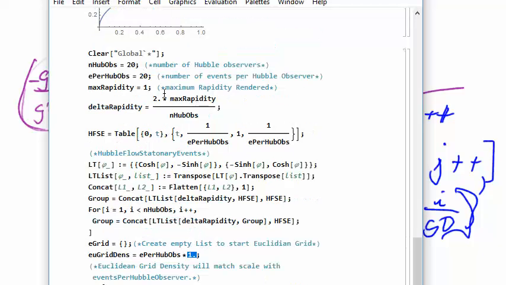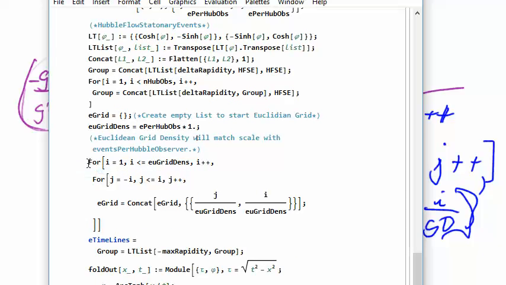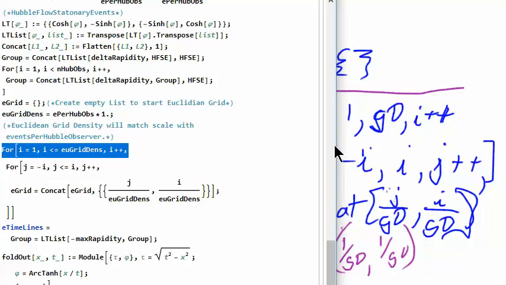Where did I put that? It was 20, I think. Anyway, I just decided to make sure that it was a decimal. And then the, what did I call it? The